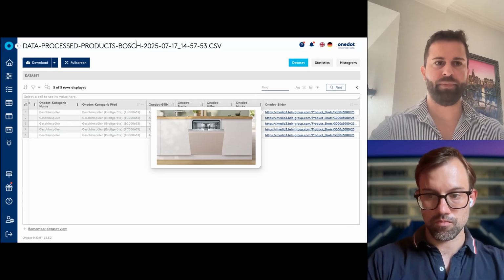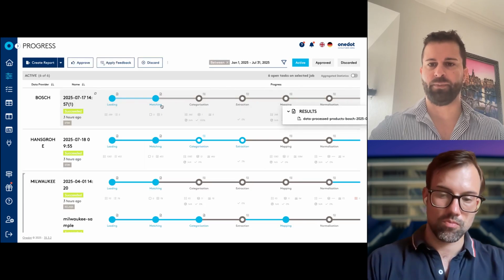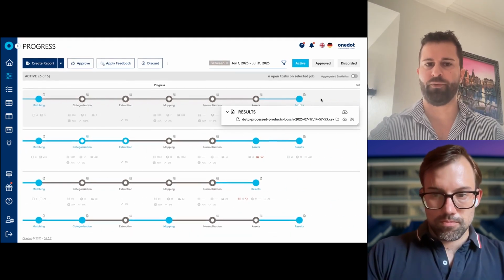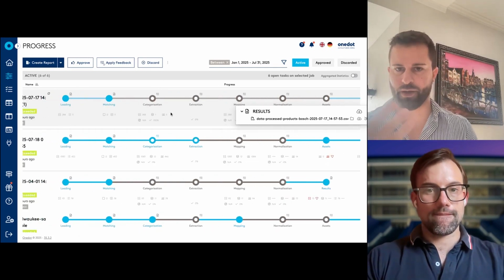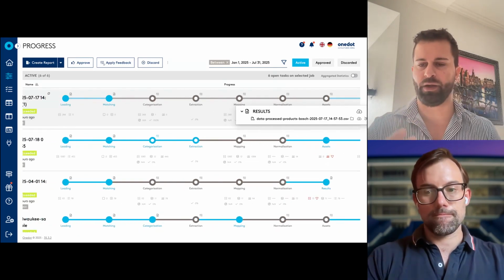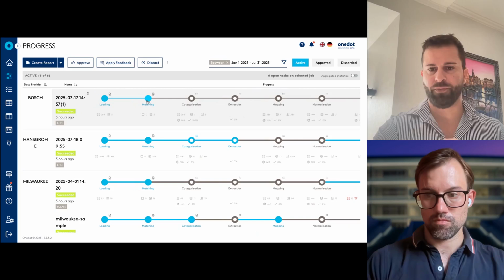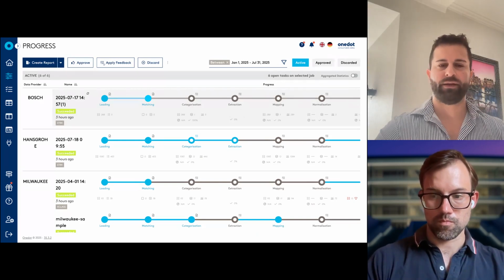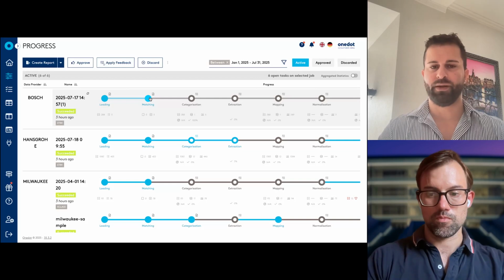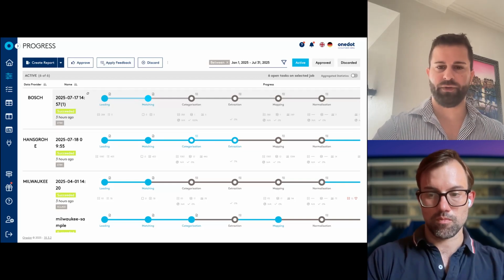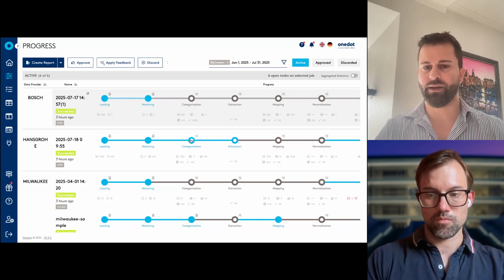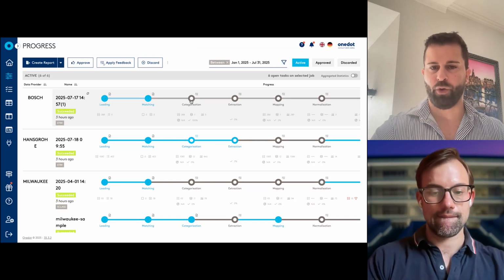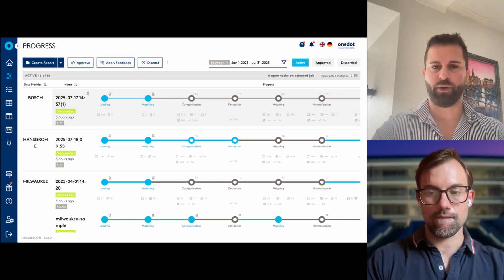Then the catalog can be imported directly into the PIM system, or if the user wants, he can give feedback through the modules of categorization, extraction, mapping, and normalization. So now you also see different kinds of colors. What does it mean? What is the differentiation? Basically, if a circle is blue, that means it's complete, it's finished. If it's white inside, that means it's in process. The same with brown or red, depending on what kind of user.